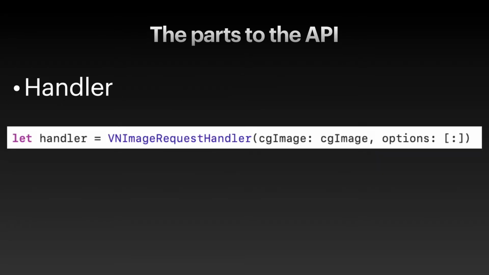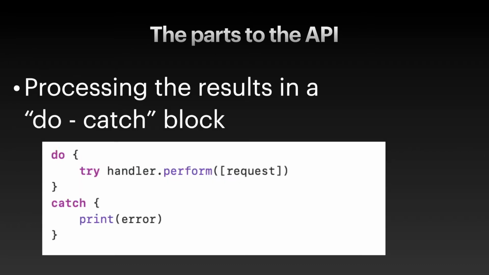The second part is the handler, which usually looks like VNImageRequestHandler, and that's the next one. And then the third one is processing the results in a do and a catch block. As you can see here, do handler.perform, and then catch, print the error of the outcome. So let's go ahead and start